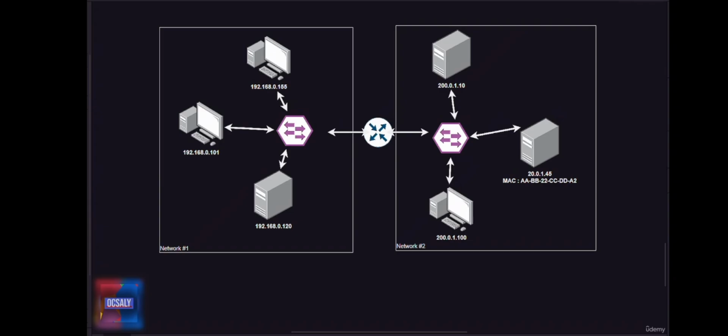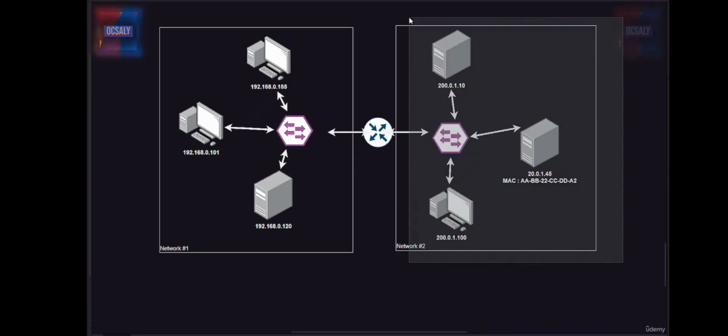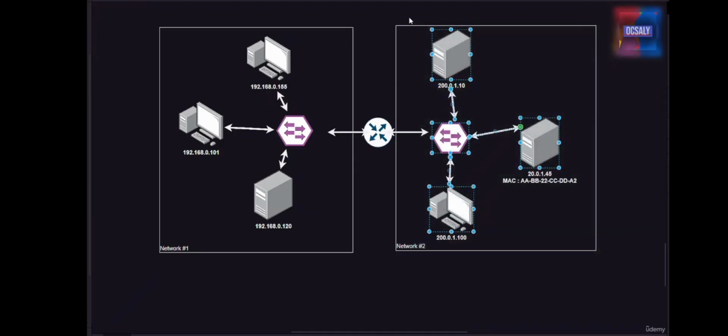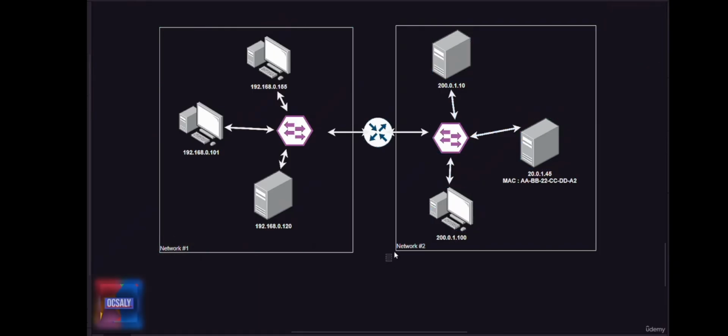In this diagram, we are seeing two Ethernet networks, each with separate IP address ranges. In this lecture, I will explain how IP uses this model to send data from the node on network number 1 to network number 2. The operating system network stack on the node here